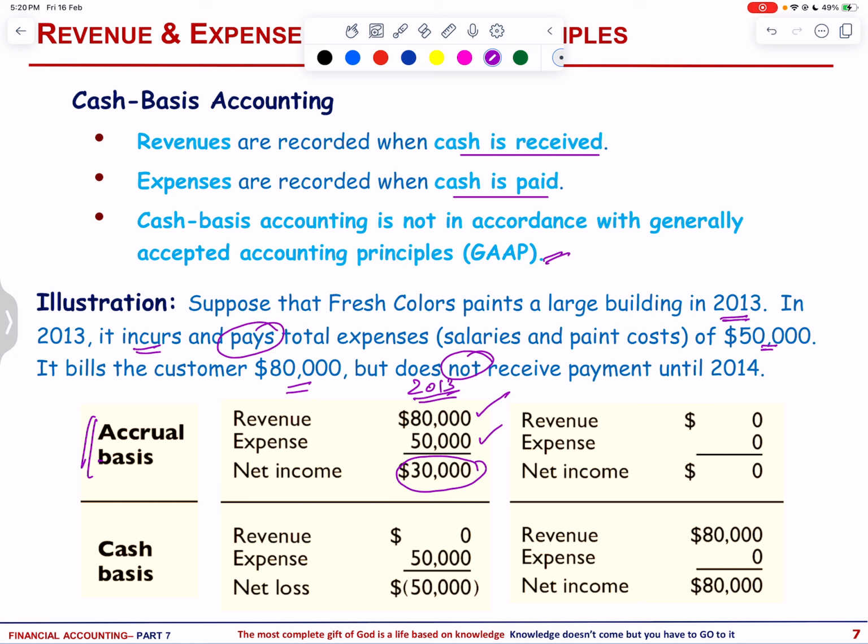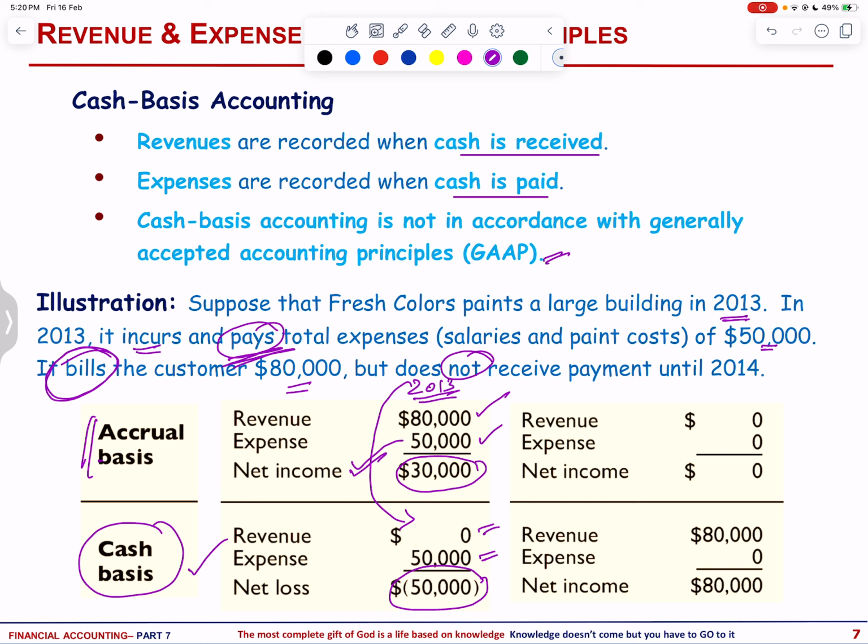However, for the year 2013, under the cash basis, we have only billed the customer, we have not received cash. So revenue will be recorded as 0, and expenses, since we have paid these expenses, we are going to record them. So there is a net loss of 50,000 under the cash basis,